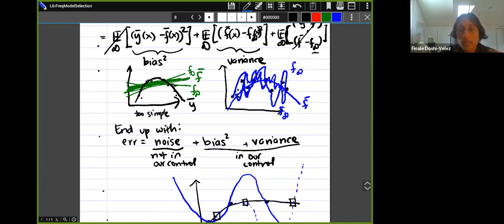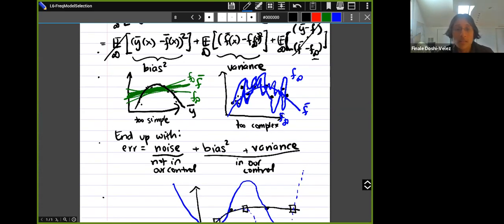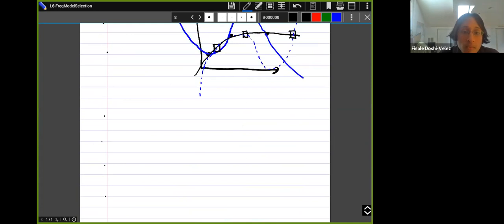You just can't fit the data. If you have too complex models, then you're going to end up being very sensitive to your data set. And because you're very sensitive to your data set, you're still going to end up with potentially really high errors. So the last part is ways to mitigate